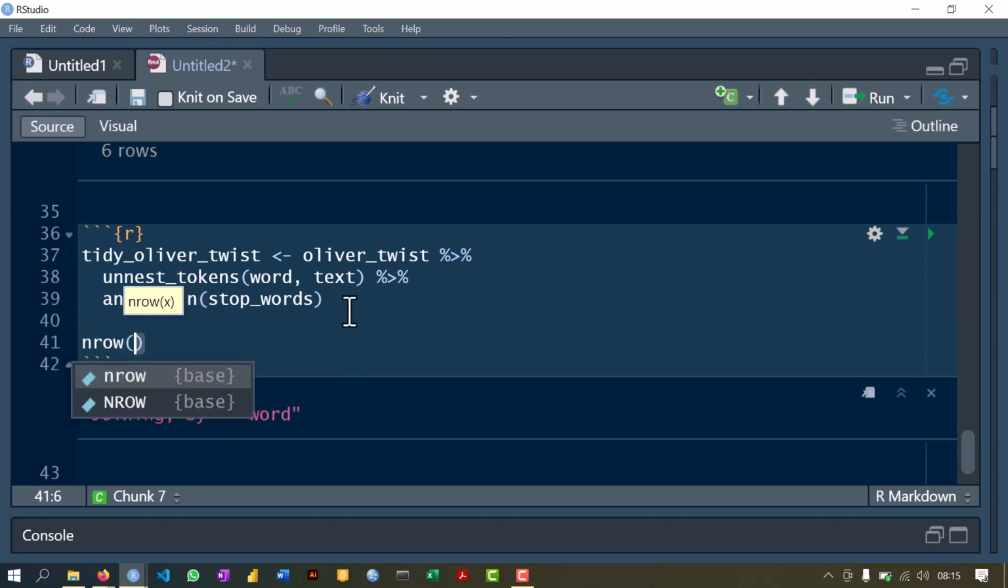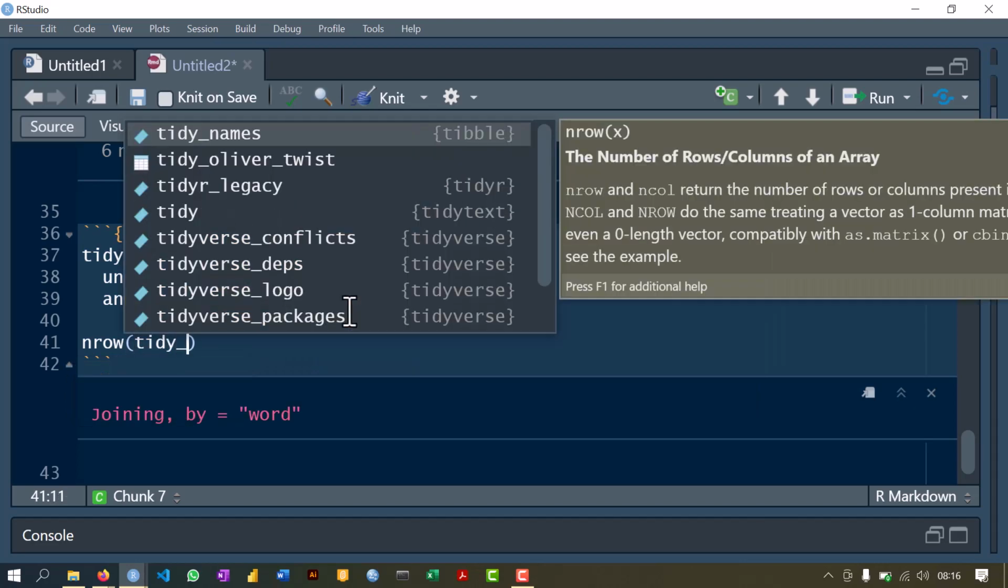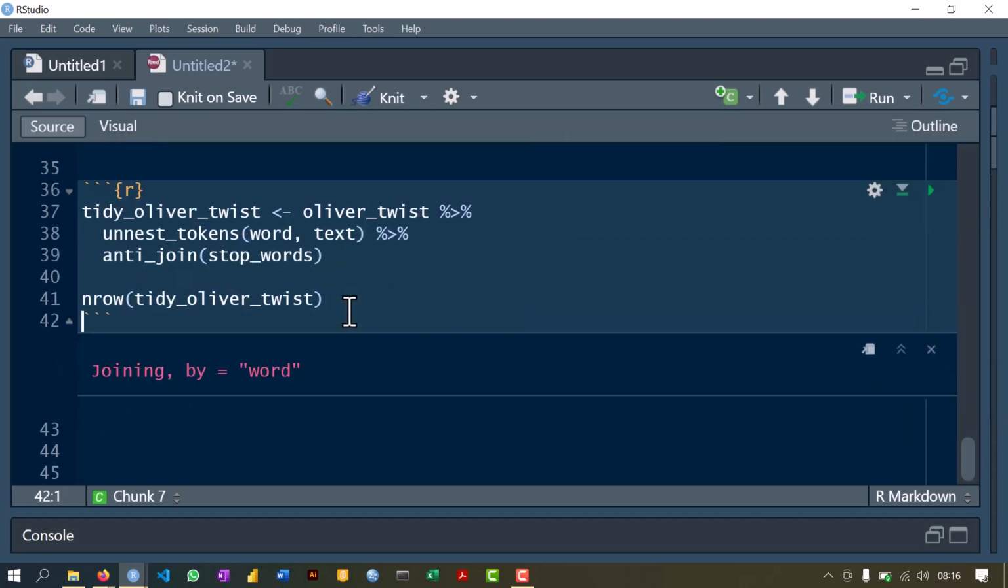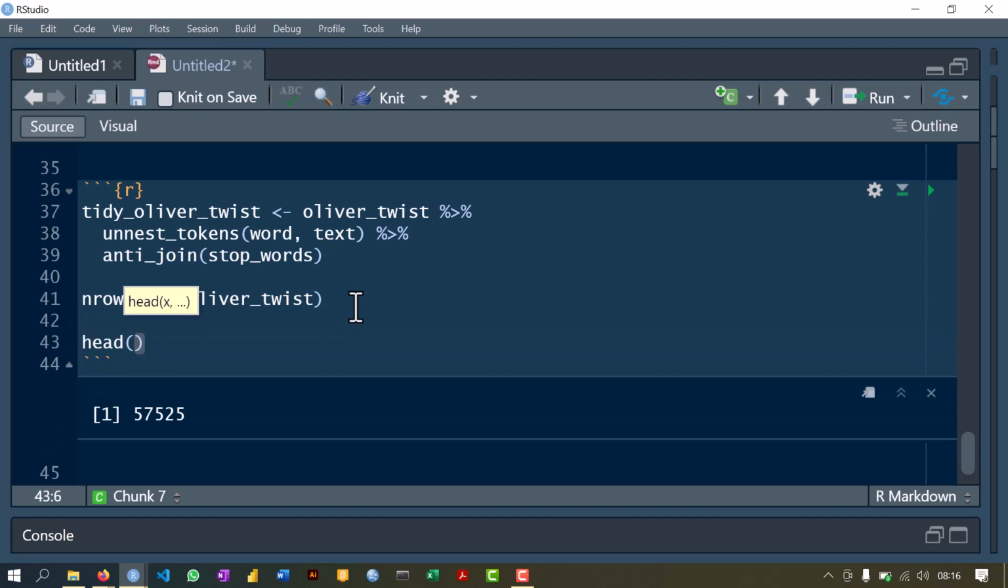Now let's load this one where we removed the stop words. We're having nrow tidy Oliver Twist. You can see that after stop words have been removed, we are reduced to 57,525 rows, meaning that we have a lot of stop words in that book, Oliver Twist. This is what we are now going to be working with. We have already broken down the sentences into tokens, and we have also removed the stop words from the tokens. Now, when we view our new data, head tidy Oliver Twist,